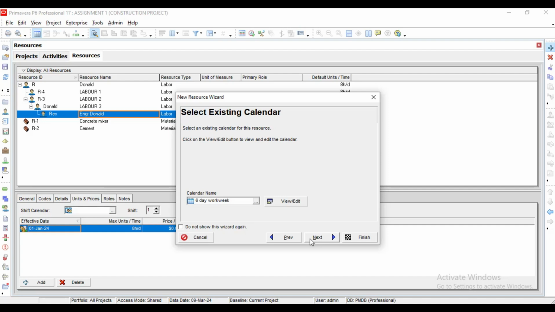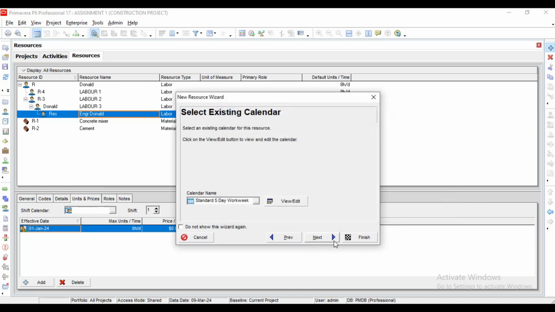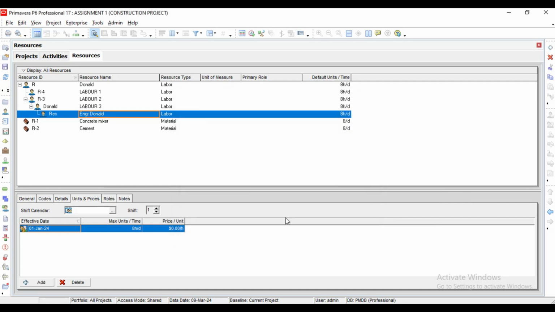Then his calendar also was not specified. You can leave it in 5 work day, or anyone as the case may be. We click next. All right, we click congratulations. Okay, so we are supposed to add donut